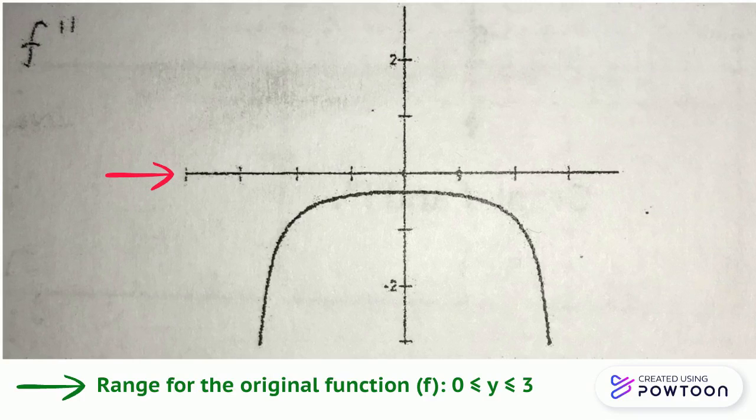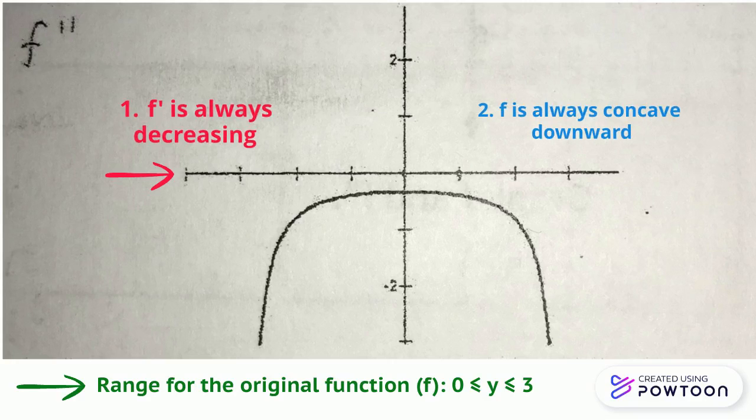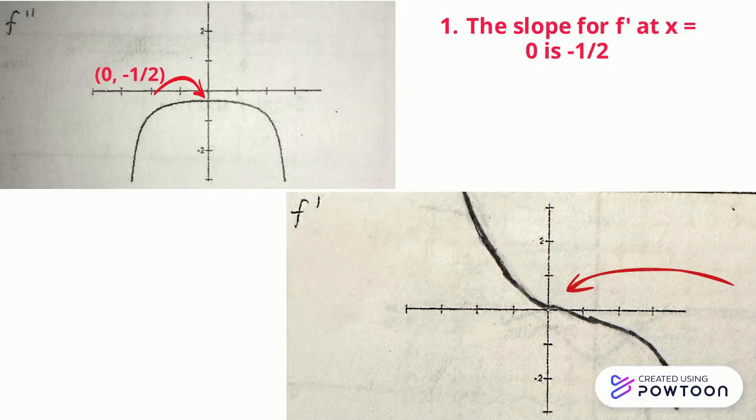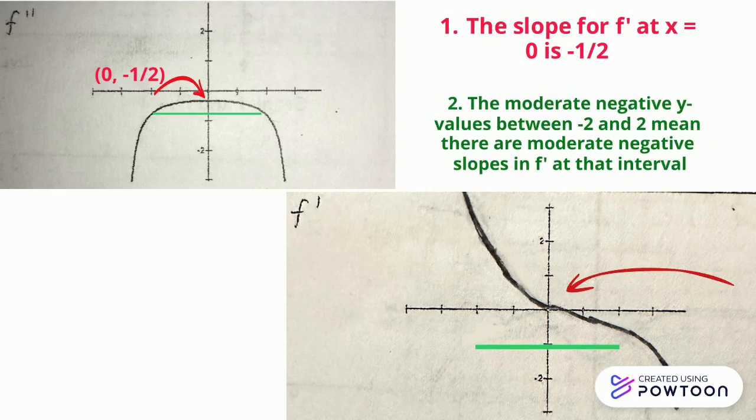Since the graph is below 0, f prime will always be decreasing. It also means that f is always concave downward. So, since the y-intercept is at (0, -1/2), the slope for f prime at x equals 0 is negative 1/2. For the x values roughly between negative 2 and 2, they have relatively flat slopes in f prime,